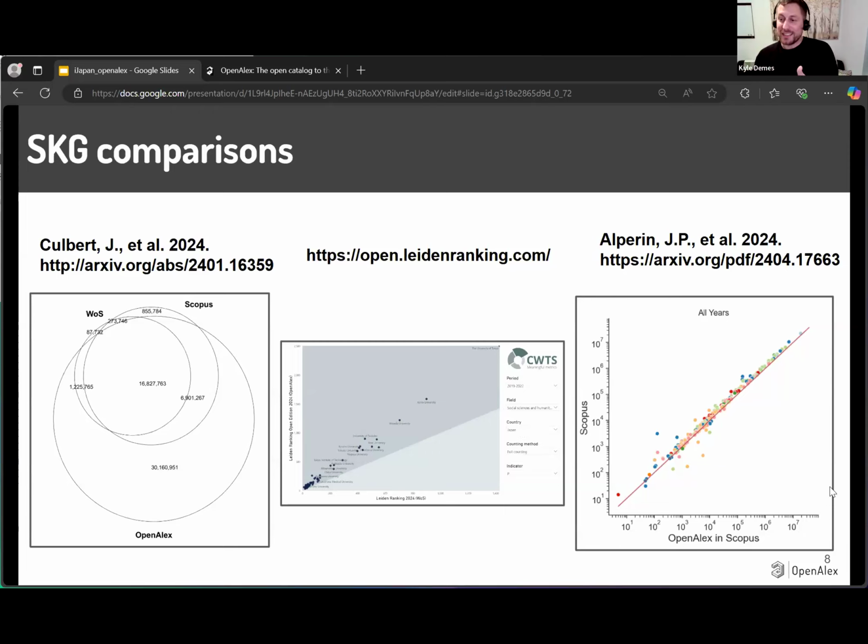And then over here on the right is another recent example. I was a collaborator on this paper where we started with all of OpenAlex, and we limited it to just what's in Scopus as well, and looked at rankings to see how much do things change if you use just the part of OpenAlex that is in Scopus. And you can see, except for the very small countries, you get very much the same sort of result, even though this is a completely open and free database.